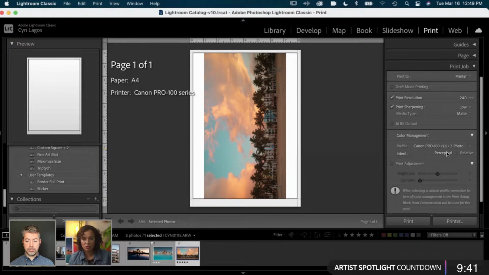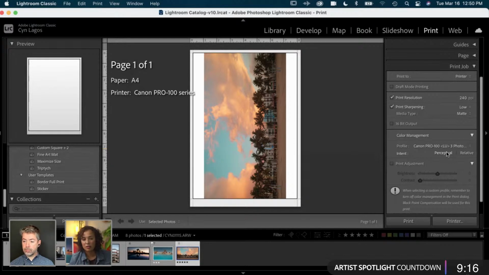Typically perceptual works out really great for me. I noticed that the purples stay truer to that purple hue, as opposed to turning a bit more on the digital side, where they turn really magenta and things look more digitized and less natural. And when you're printing something like street photography or nature, keeping those colors natural is